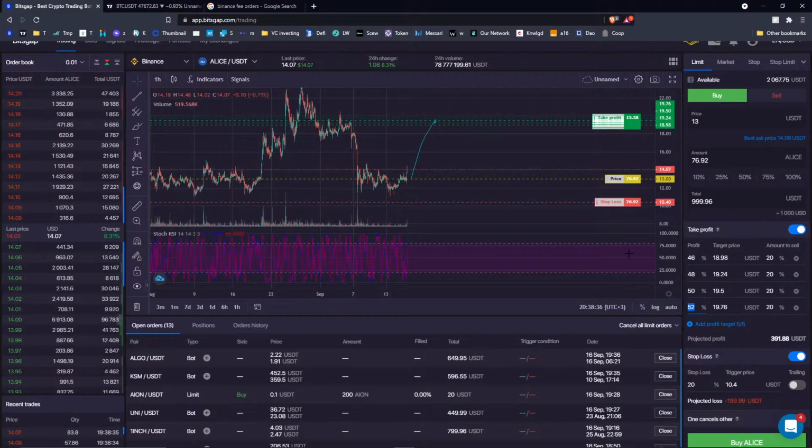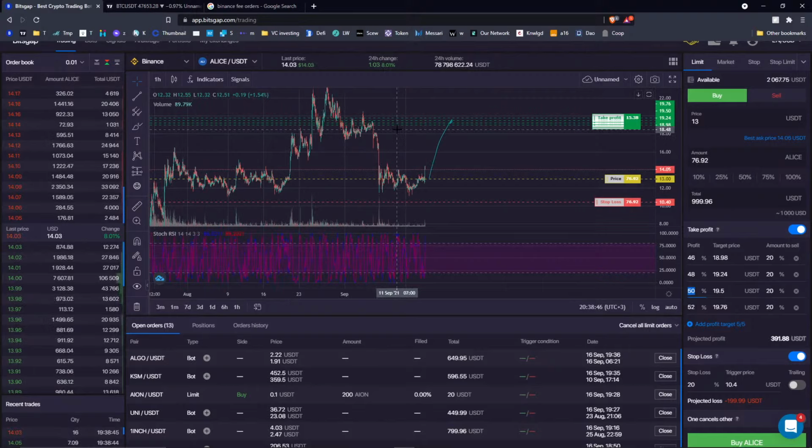If they are too far from the entry price, I mean, the chances are way lower in that case. So you also need to take into account the fundamental aspects of the coin you selected to trade. You need to be really sure that it's gonna pump, and you also need to make sure that